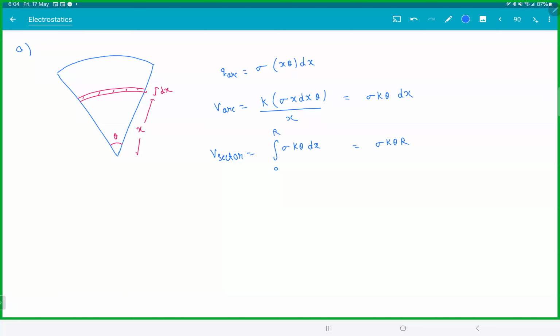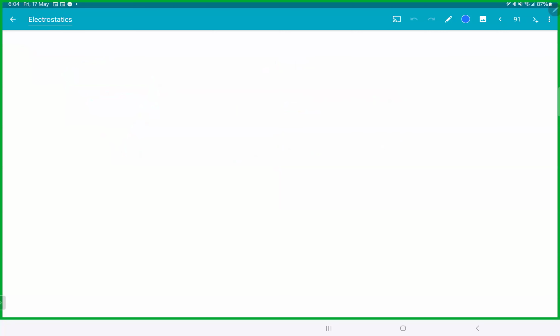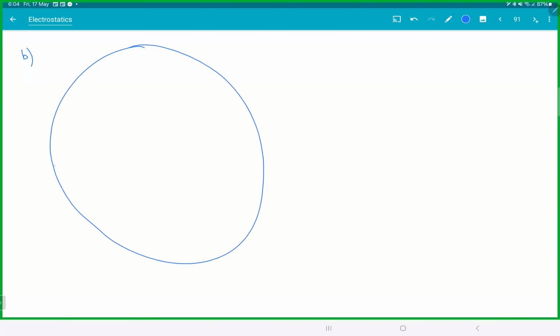How do you get it for the circumference? Now there is a way to choose an element actually. So the trick is the element. Listen carefully. So we know this result, sigma k theta r. Since you want to find the potential at A, this is what we are going to do. Take a thin sector like this, d theta, at an angle theta, a very thin sector d theta whose radius is smaller. So from the center, if you try to measure, this is capital R,